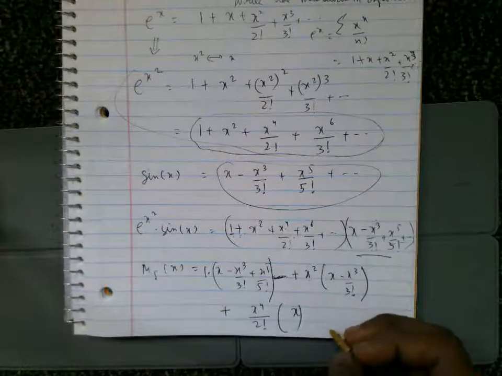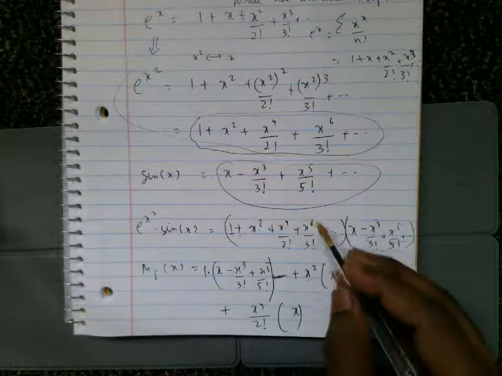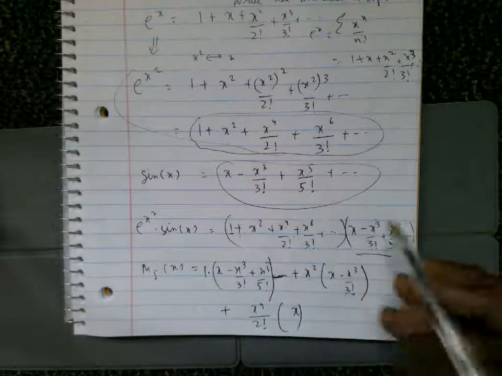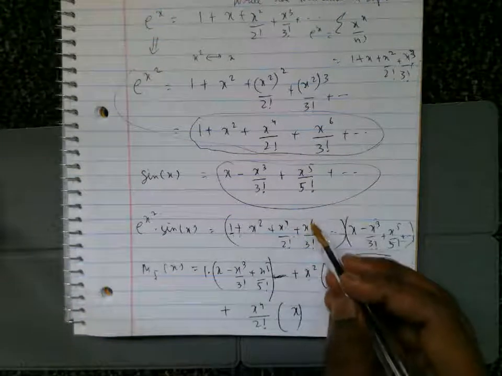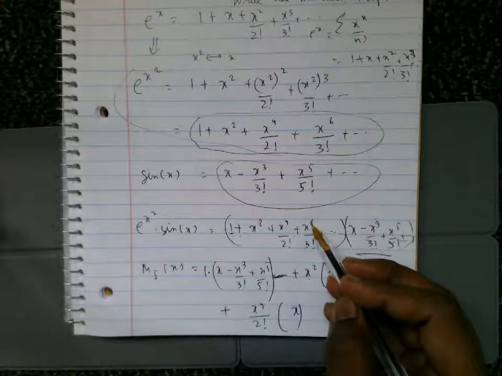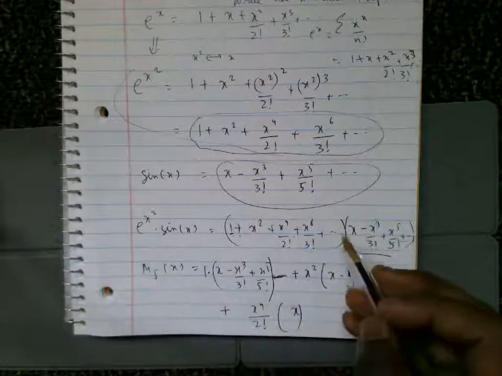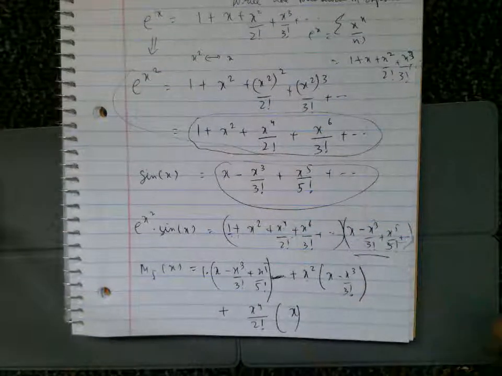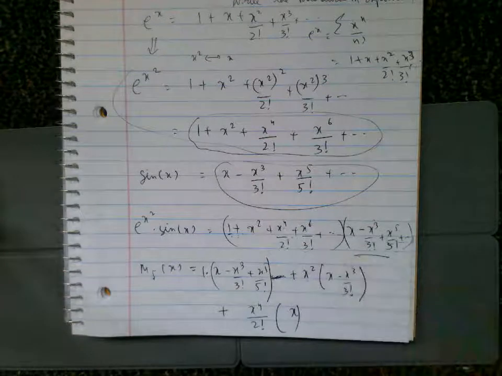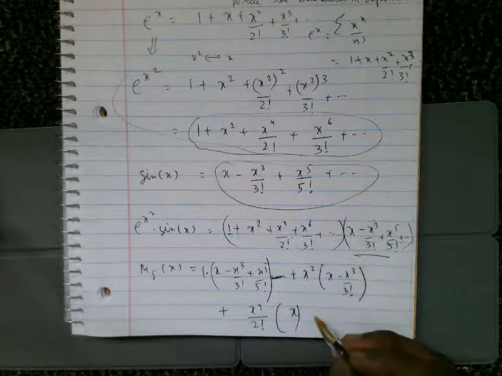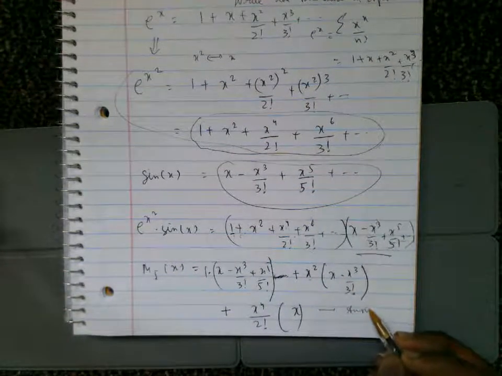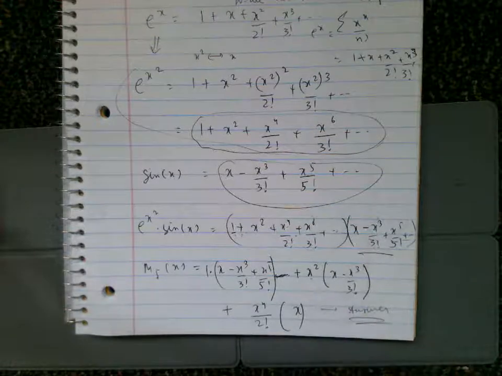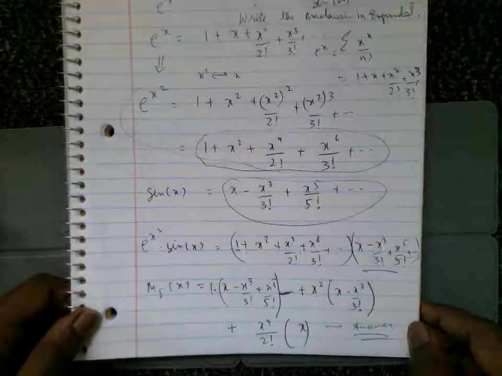So I'll just multiply with x. And this here, x to the power 6, is not required, because the power here is greater than 5, so we don't need that. And when it is multiplied with these terms, the power will further increase, so we just don't need the rest of the terms. So this is our answer. So we'll just simplify this real quick and check what it is.